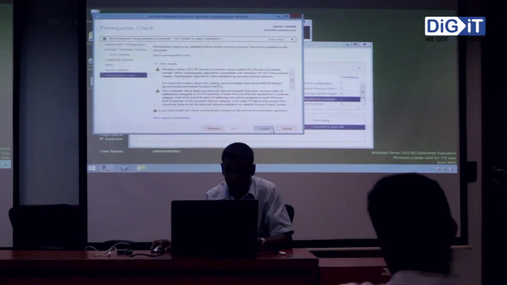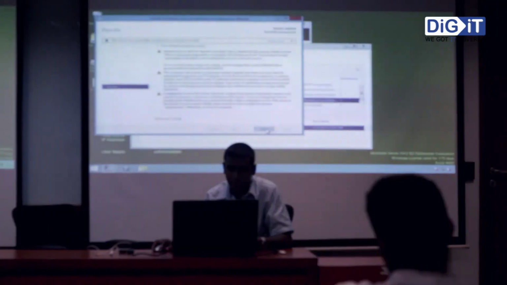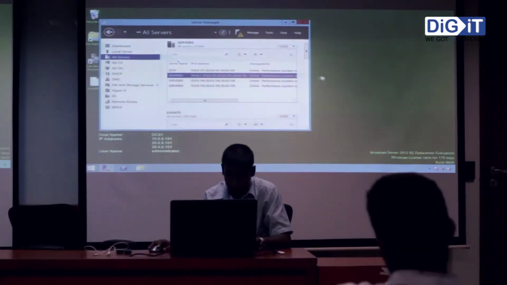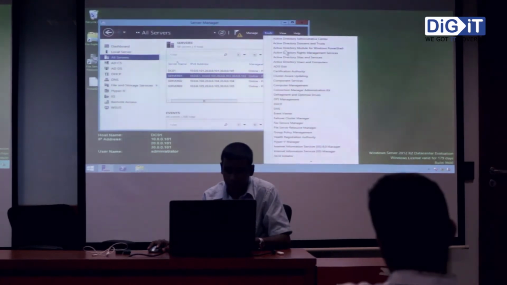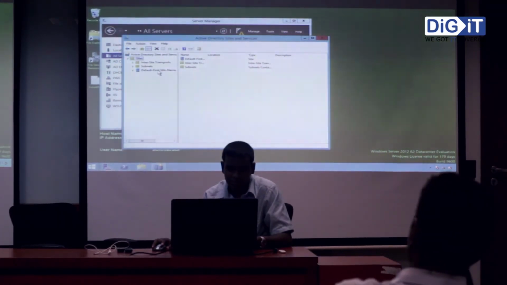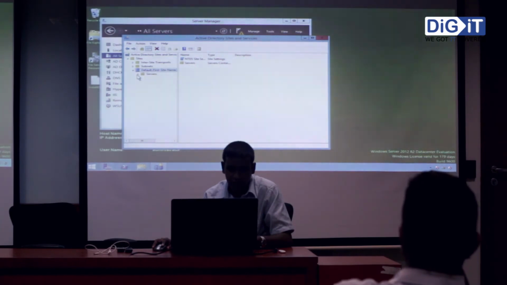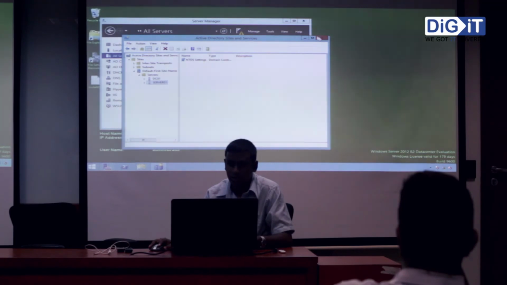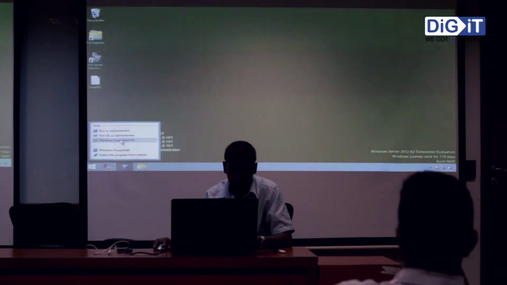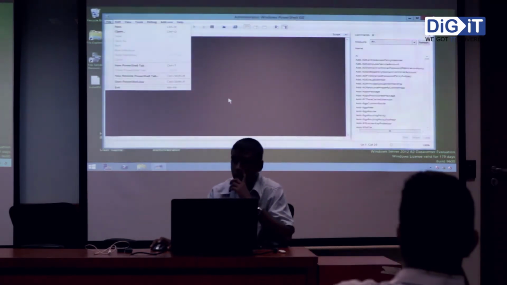And click next, install. So now the server roles are installing here, the post deployment tasks are running. I can see when I go to Active Directory Sites and Services, and I click the default site, I can see server 1 is there. Now I am going to do the same with server 2. Now I need to make it a domain controller.